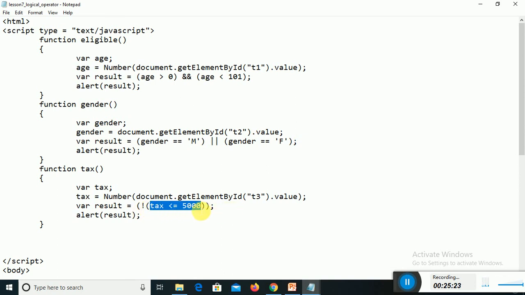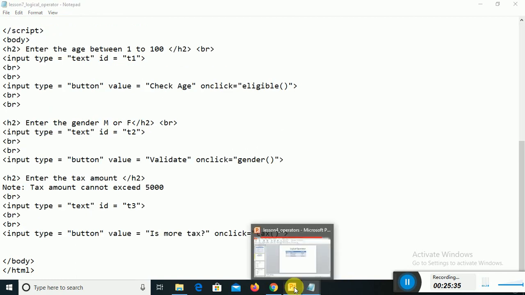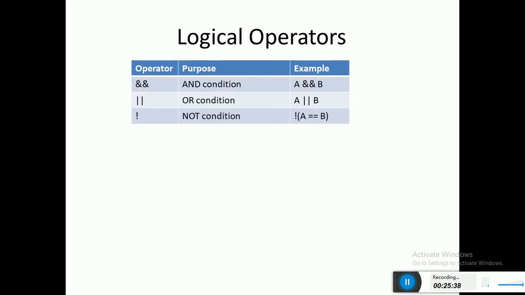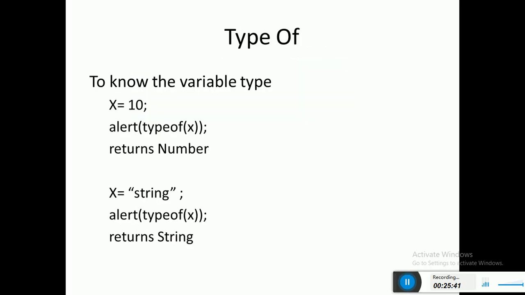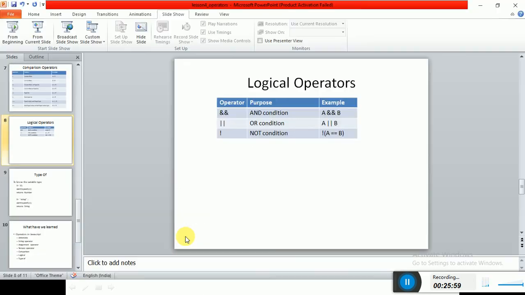I have created a program for the typeof operator. Actually speaking, you have to be familiar with these syntaxes and all. The programs I am explaining to you now are just for understanding the basic structure. So if you want to resolve a different problem, you have to apply this logic to the different problem. Now I am just opening the code and explaining how to do this code, because I don't have much user interface on my screen. I have just created one button. For everything else we are going to use programs only.